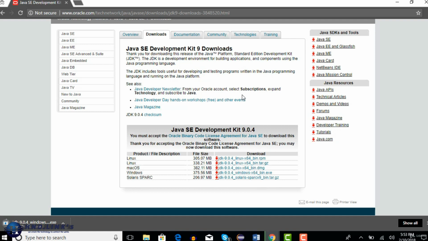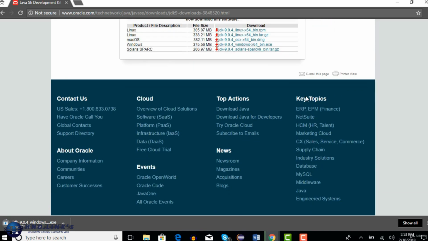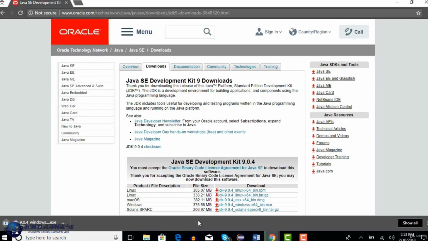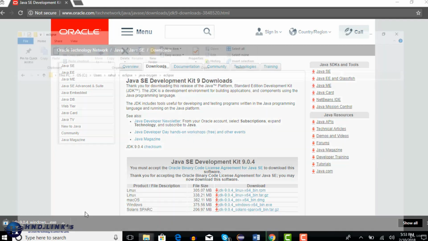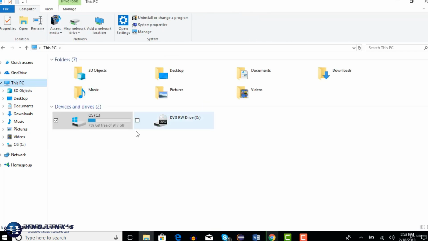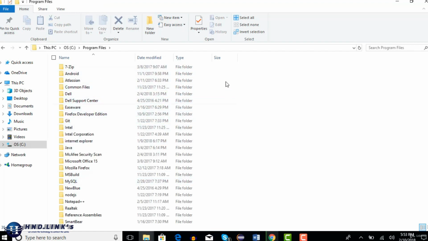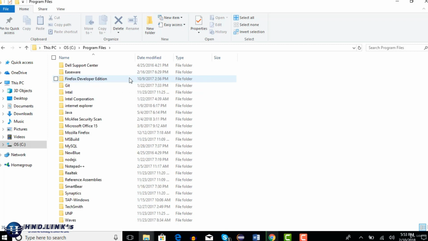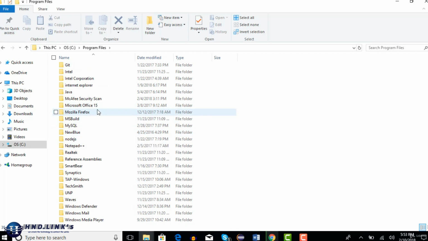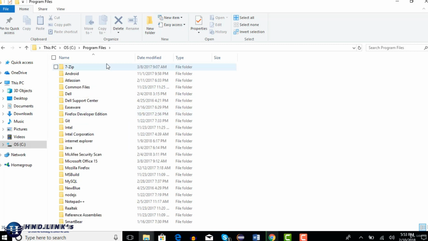So we need to check where exactly Java got stored in our machine, right? To validate that Java is present in our machine, you need to go to program files. Let me take you there. In your PC go to the C drive, and in the C drive select program files. If you see a Java folder here, that means Java is successfully configured in your machine. There might be Java already present, so just check before you download. The file should be in C program files.